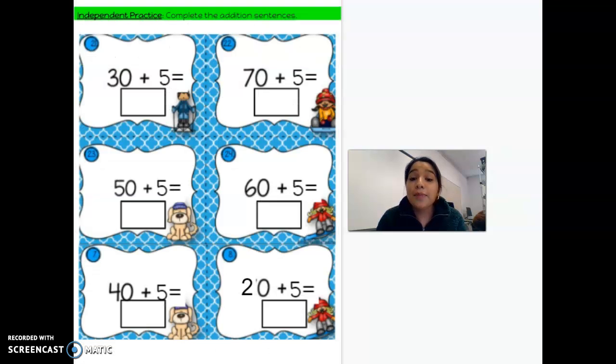Next, you are going to complete these 6 addition sentences. So you have 30 plus 5, 70 plus 5, 50 plus 5, 60 plus 5, 40 plus 5, and 20 plus 5. And go ahead and use your pencil button on your iPad to write your total and your sum in this square right here at the bottom. Once you are done, go ahead and click the Save button and turn it into your teacher in Google